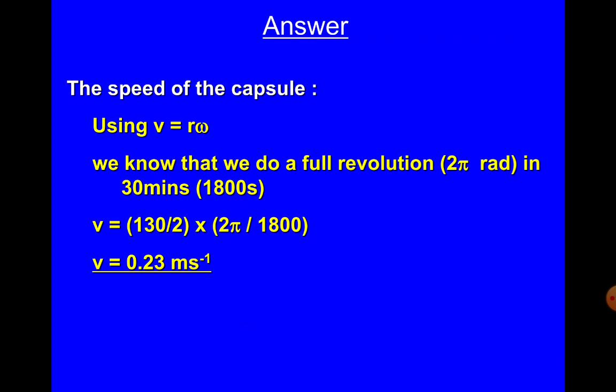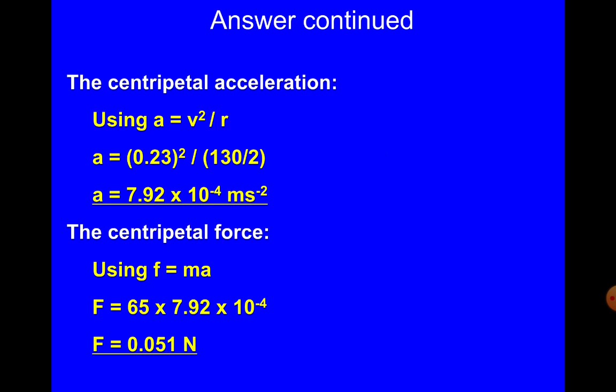We know for a full rotation there are 2π rad in 30 minutes, so we can calculate the speed, which is 0.323 meters per second. Therefore, since we know the radius, we can calculate the acceleration using a = v² over r, so that is 7.92 times 10 to the negative 4 meters per square second. Now, because we know the mass of the object, we can calculate the centripetal force, that is 65 times 6.92